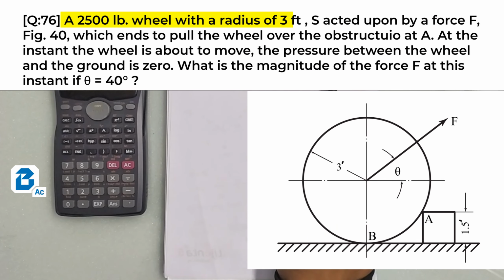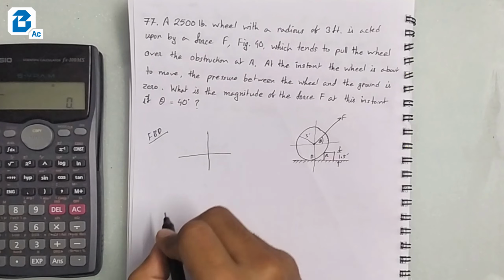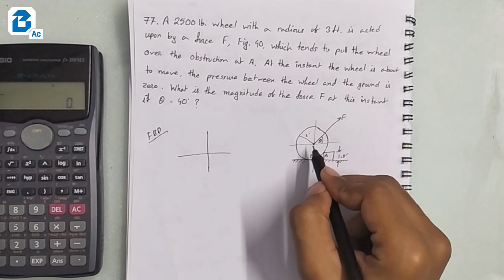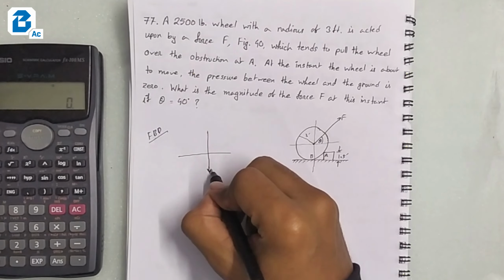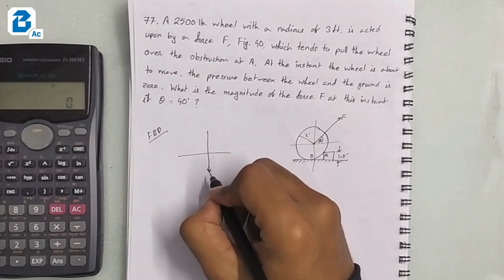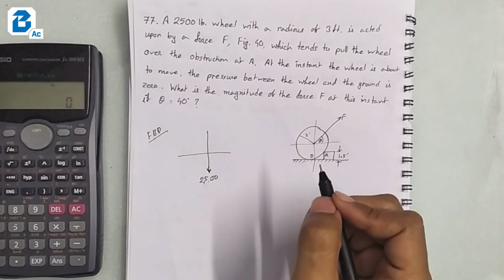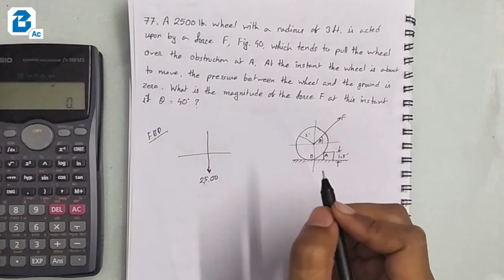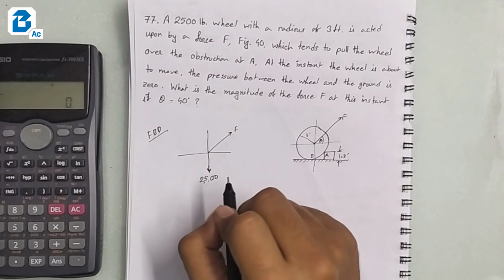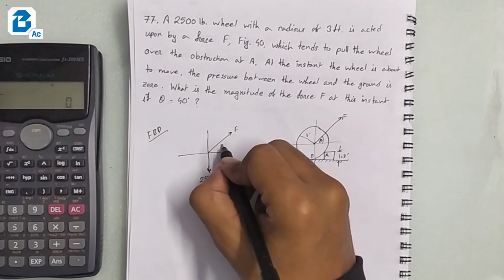So let's draw a free body diagram for the wheel. Let's draw the major axes first. For the weight of the wheel, it will pull it downward, which is 2500 pound, and then the force F, which is acting in this direction, and the theta is